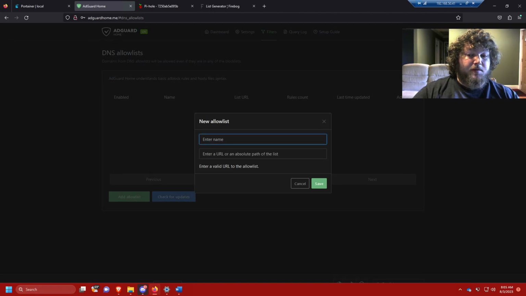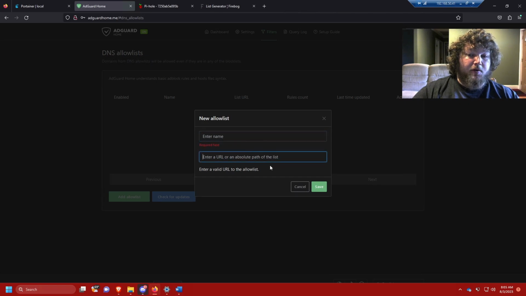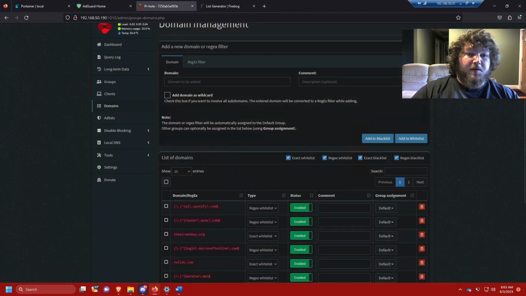Or if you need an absolute target, you would just give the absolute target with the URL, and that's how you would add it to whitelist the URL. Pi-hole, it's going to be similar. You would add the domain, give it a comment. You could give it a wildcard, so it would whitelist the whole site, and then here you would either whitelist